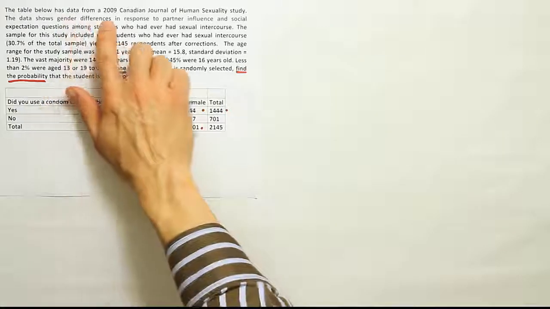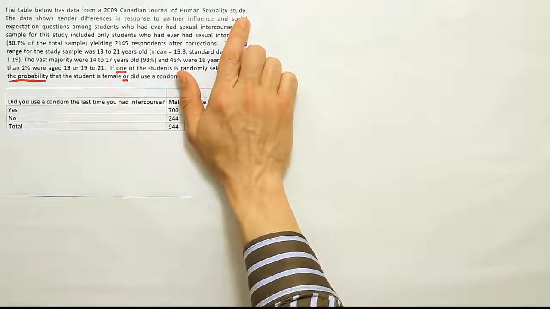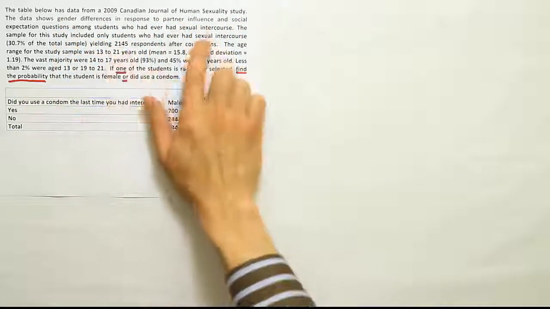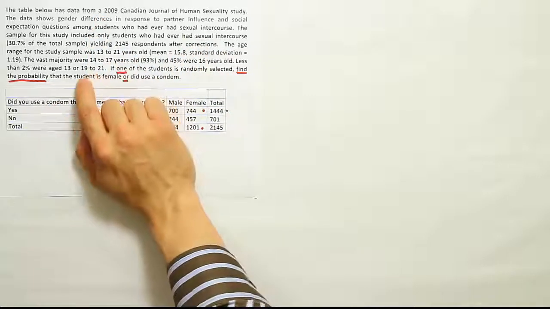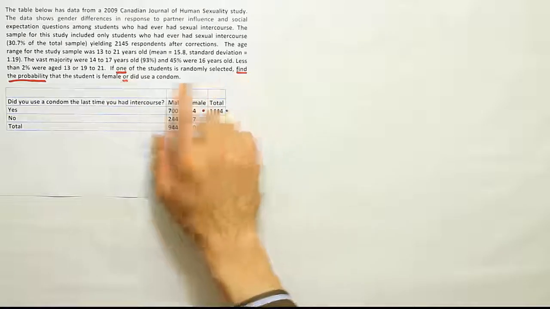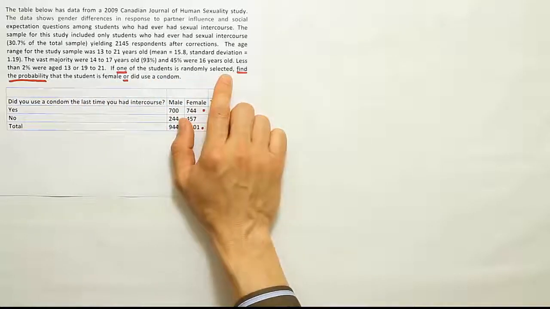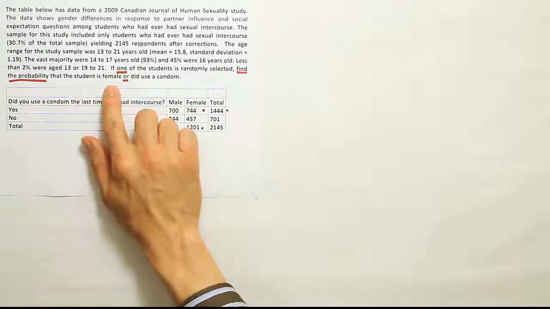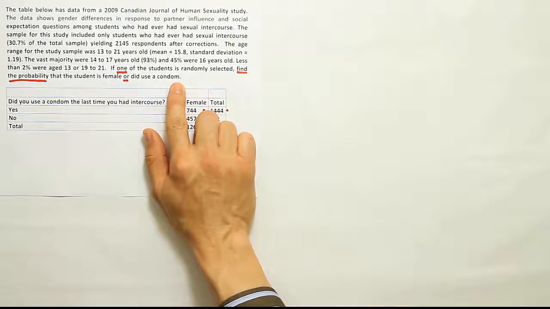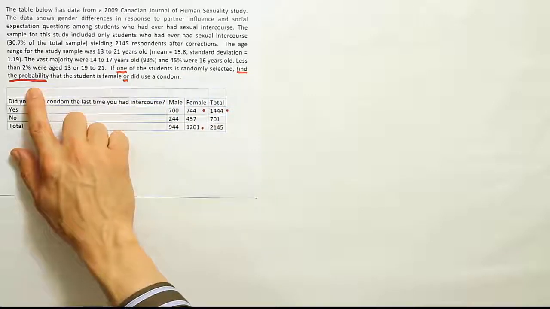The table below has data from a 2009 Canadian Journal of Human Sexuality study. All right, there's a bunch of information present in the problem that's interesting to read. You can read that on your own, though. What I want to do is look at the last sentence in the problem, which I've indicated some key phrases here. It says, if one of the students is randomly selected, find the probability that the student is female or did use a condom. Okay, one student being randomly selected, they're asking us to find the probability, and we have